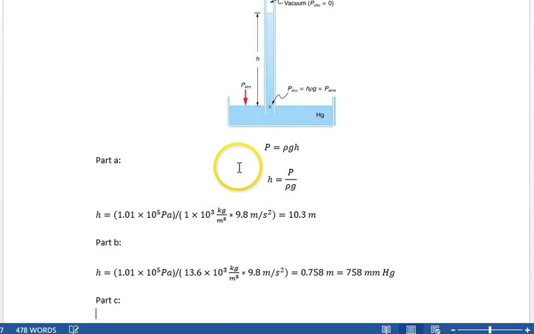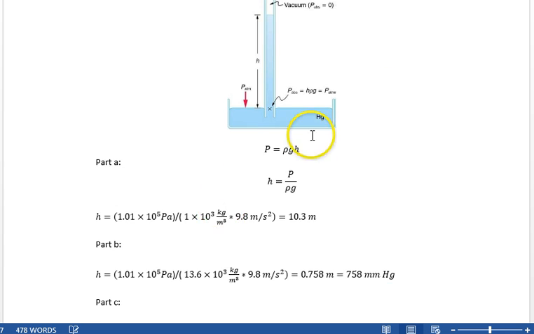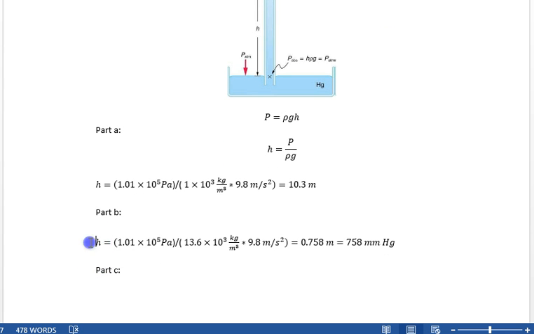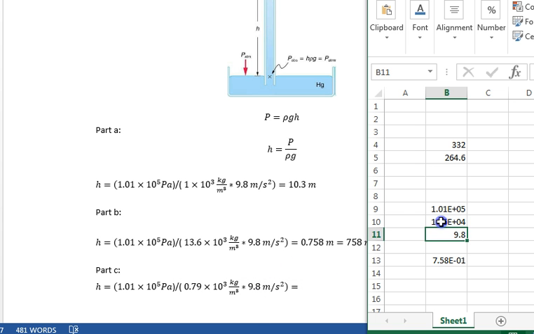All right, now part C. How high would the ethyl alcohol go at 0.79 times 10 to the 3rd in density? So let's grab that. 0.79 here, right? 0.79 times 10 to the 3rd. And if I change this to 0.79 E3, we get